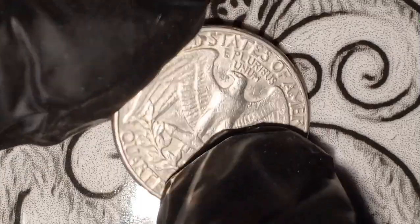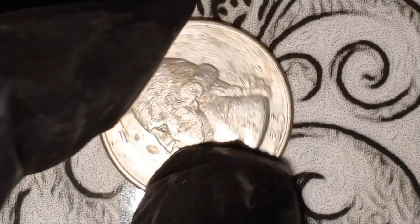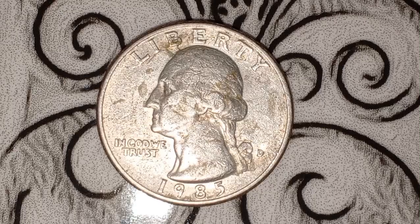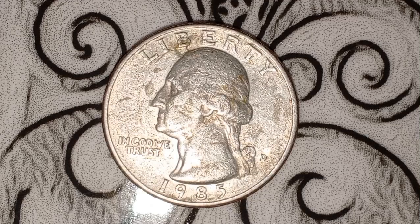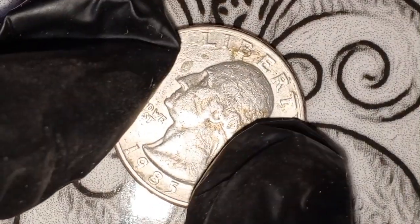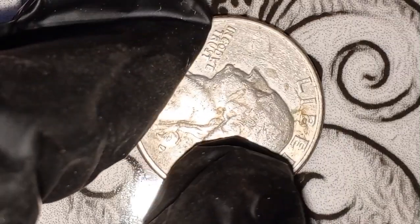The second area to focus on is the word Liberty. The doubling can often be seen on the letters, especially the B and R. Once you've checked the date and the word Liberty, don't forget to also check the motto "In God We Trust" on the obverse. The doubling can be most noticeable in the TRU portion of trust, so make sure you inspect